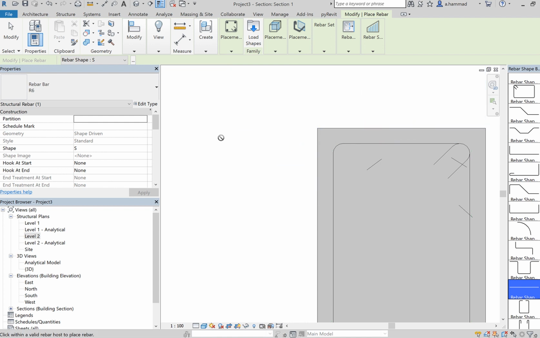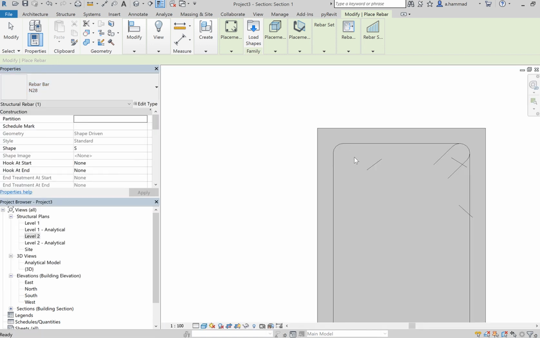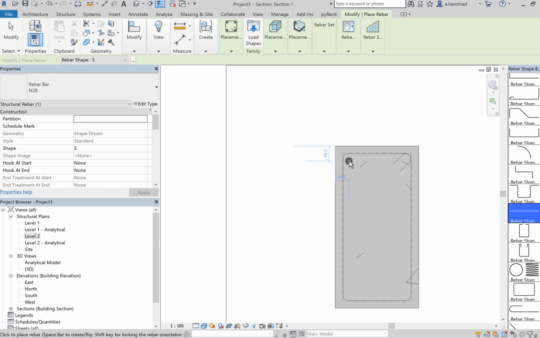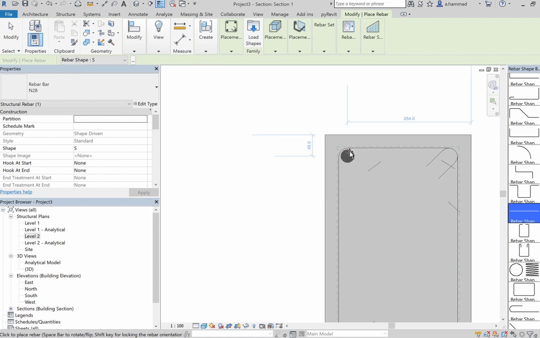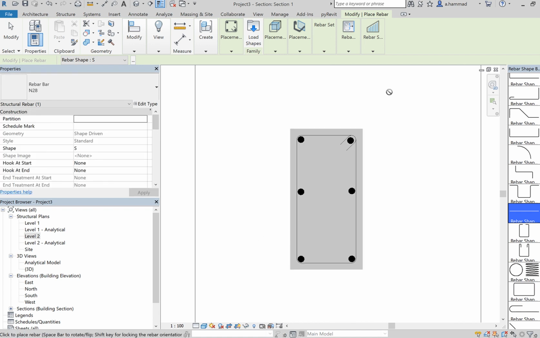Again, my bar is selected as R6. R6 is very small, so let's say increase it to N28. And notice now how the N28 is bigger. So I can start adding these. So let's say one in the corner, another one over here, and then one in the middle, another one at the other side, and finally at the ends, the very bottom of the beam. So once you're happy with that,